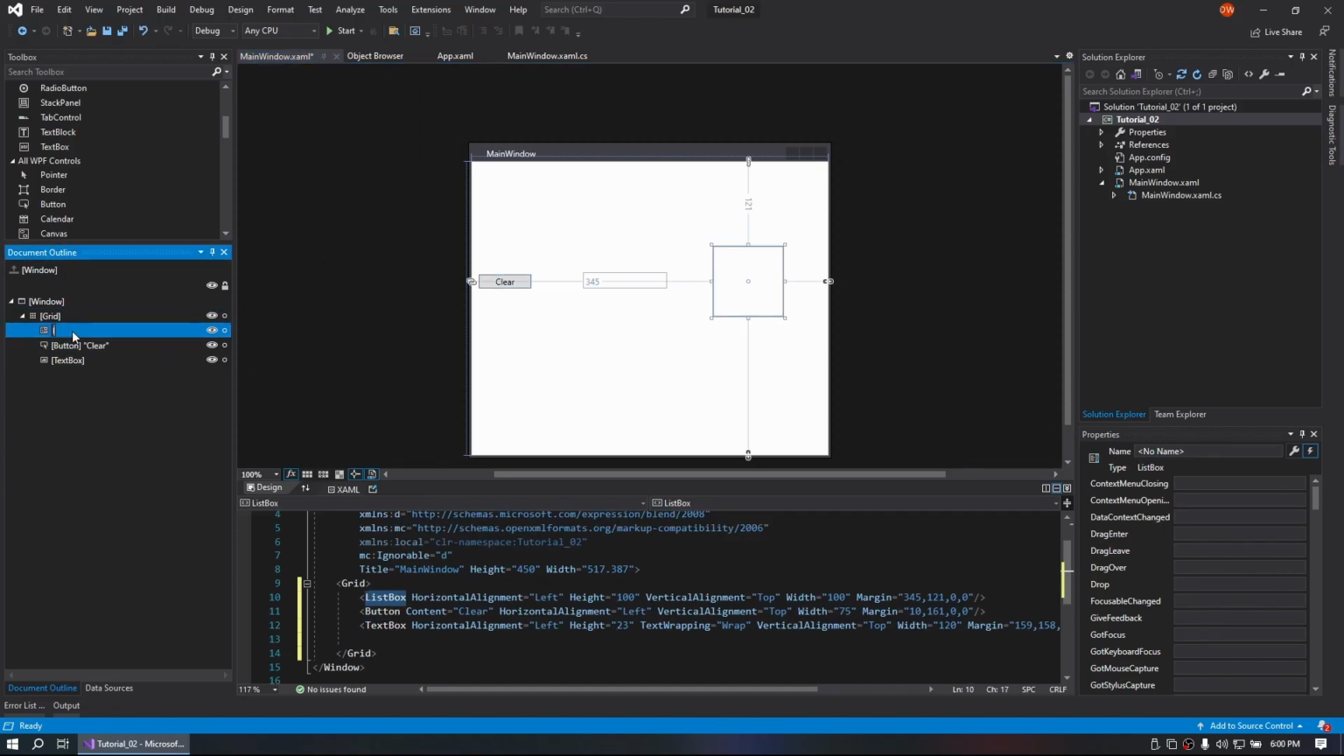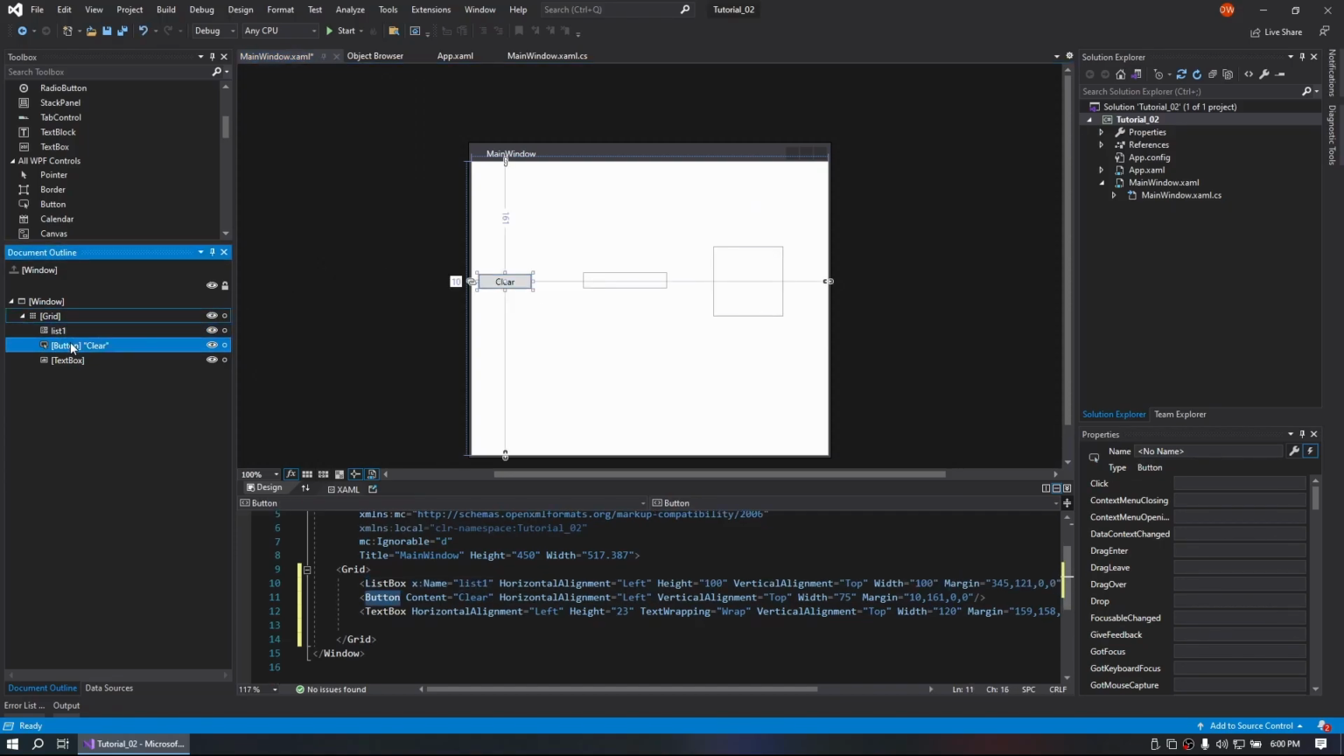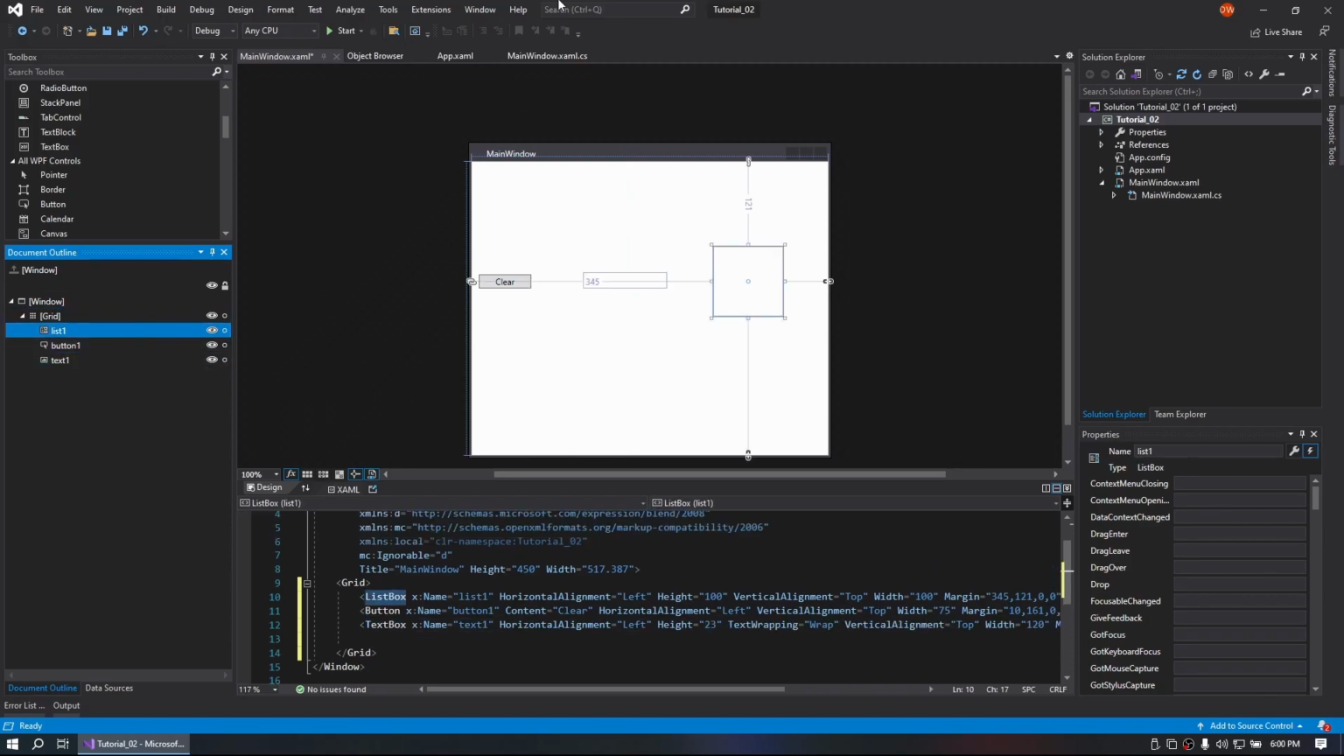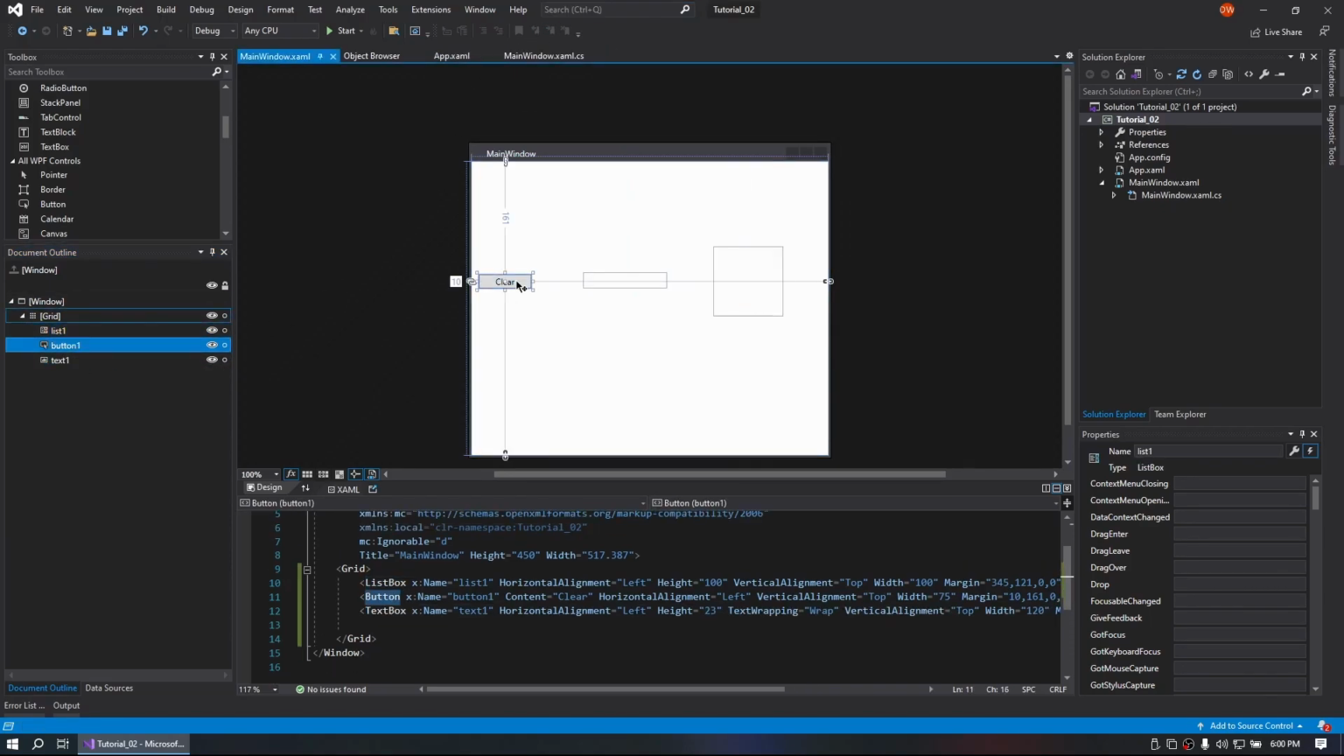We'll name the list box list1, name button button1, name text box text1, and we'll go ahead and click on clear. Go to the click event,